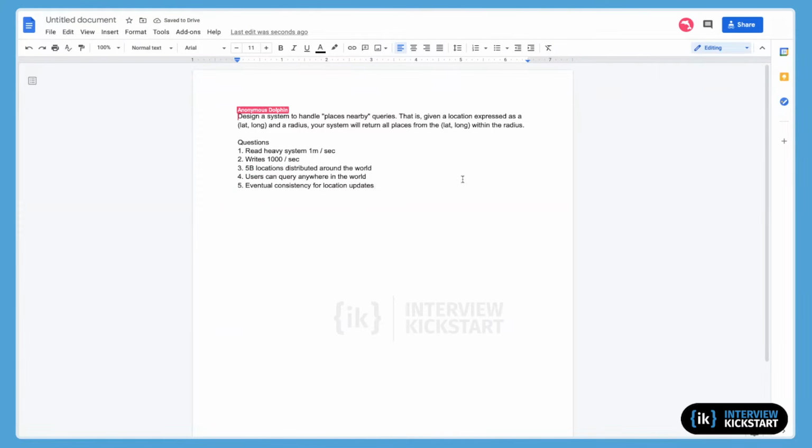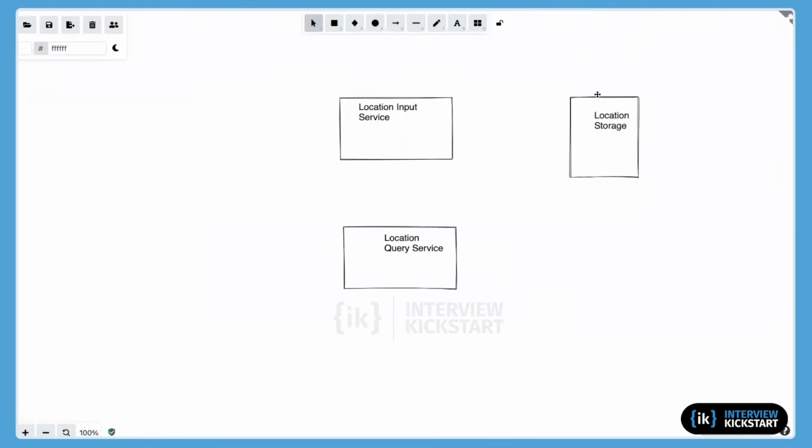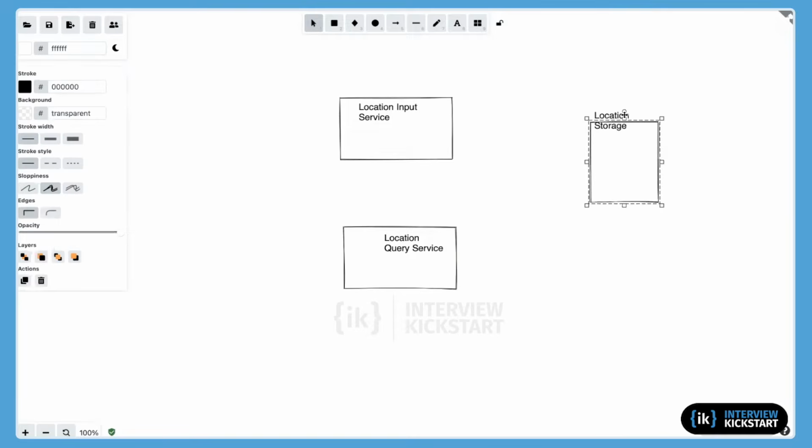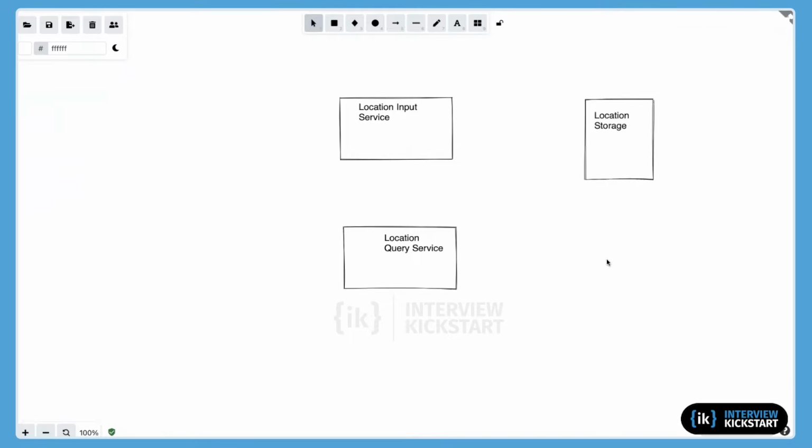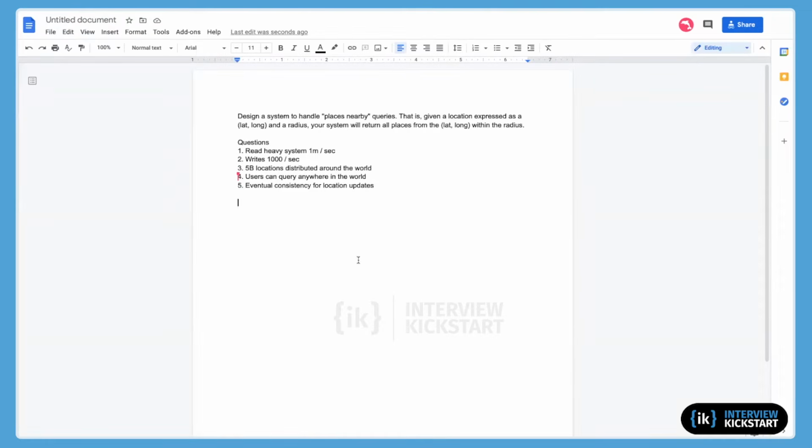Okay. All right. It wouldn't be reasonable to expect strong consistency for updates. Okay. So we have storage, and going back here, maybe a simple way. Just wondering, is there any other metadata associated with the locations? What's the query really? Is it show me all the places nearby to my location, or is it going to be filtering and some